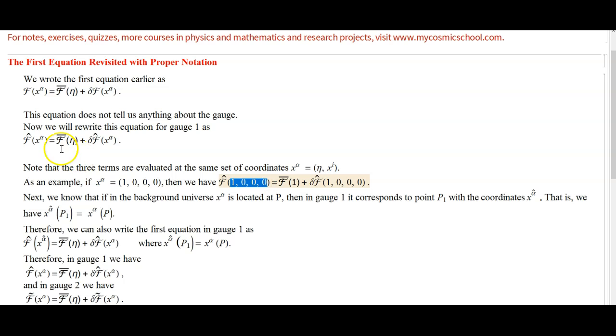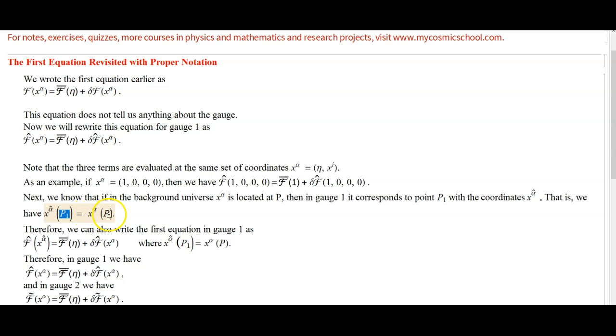So I can also write, instead of x alpha caret, where this expression is satisfied, x alpha caret equal to x alpha. So f caret x alpha is the same as f caret x alpha caret, where x alpha caret is equal to x alpha. But the important point is that when I am enforcing this equality, I am looking at two different points. The physical locations of point P and point P1 will not be the same,